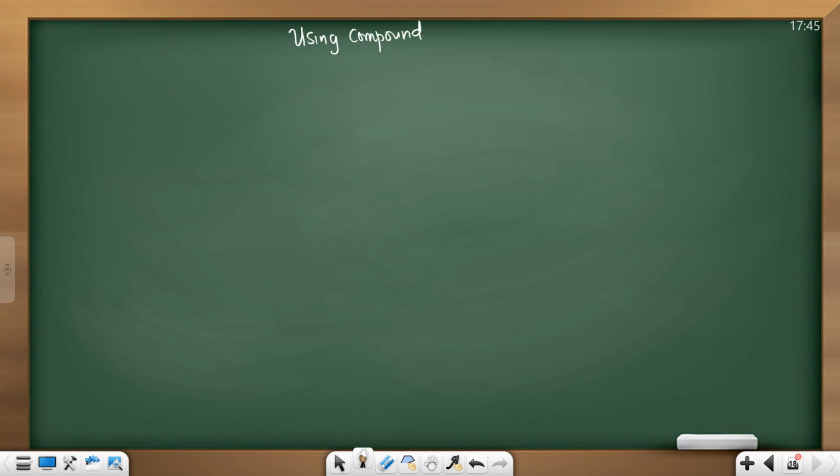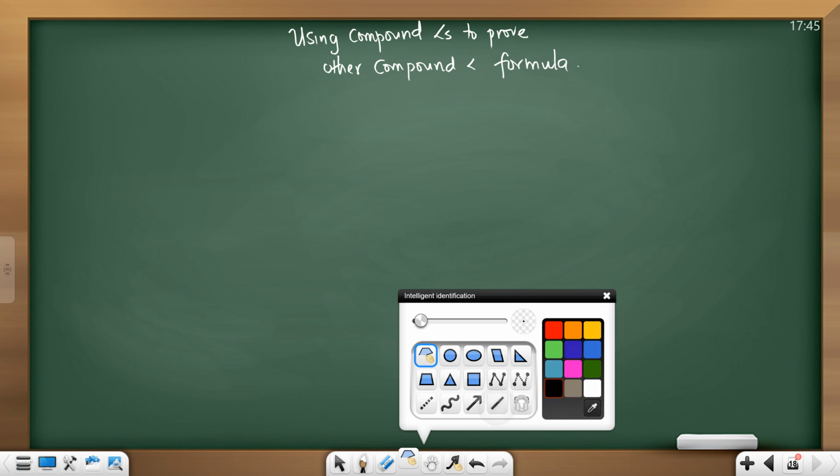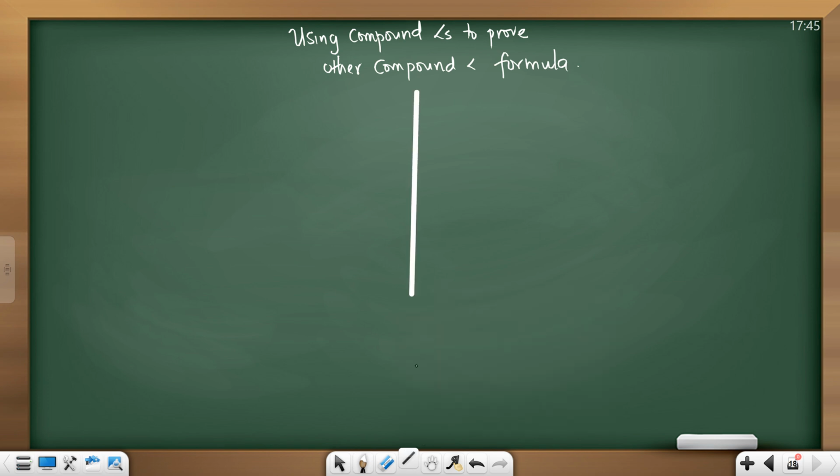It's 2-3 marks to prove compound angle formulas. I'm going to do one set and you are going to do the rest. What do I mean? Given,